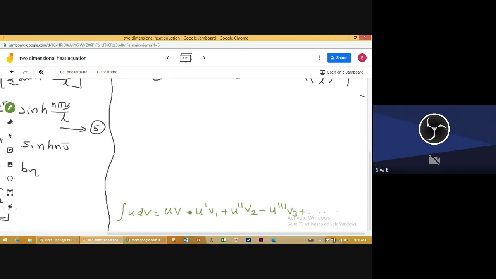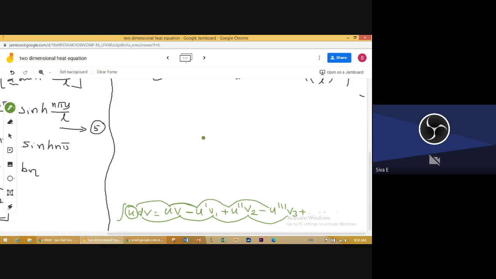Is that okay? u is the first term, write it as it is. v is the integration of the second term, then differentiation, with alternating minus, plus, minus signs. Minus differentiation of first term u dash, integration of second term v1, plus differentiation of first term u double dash, integration of second term v2, minus differentiation of first term u triple dash, integration of second term v3.